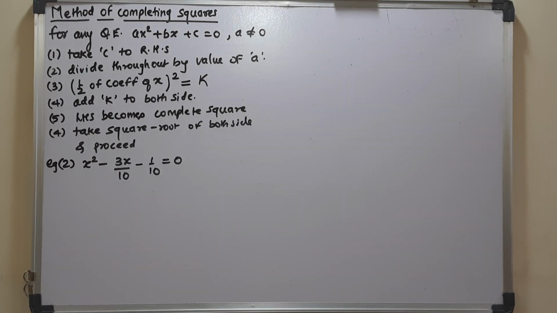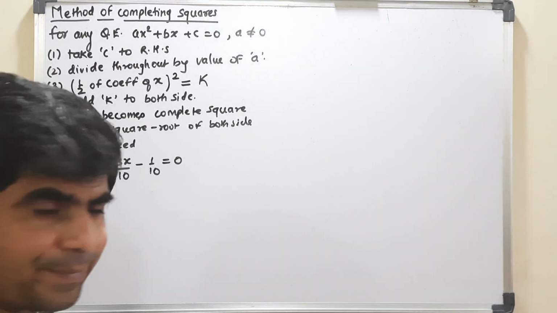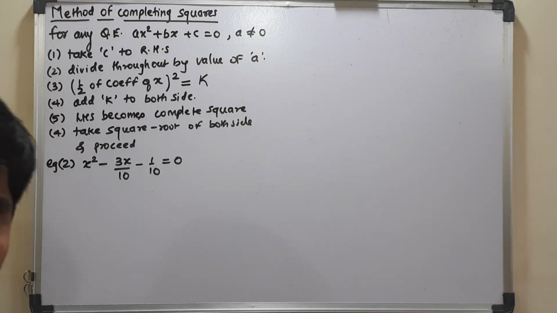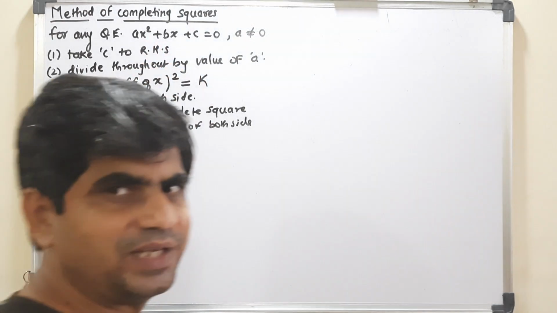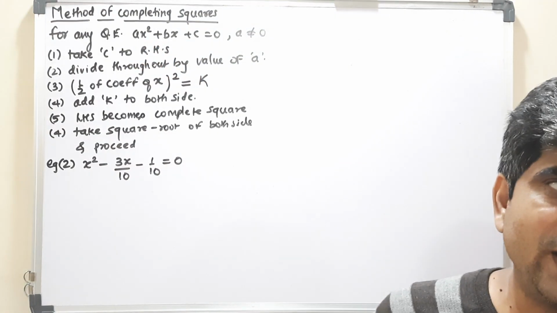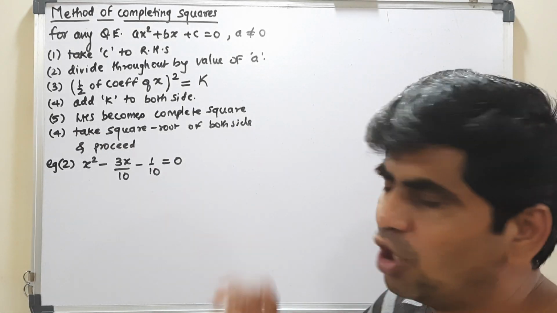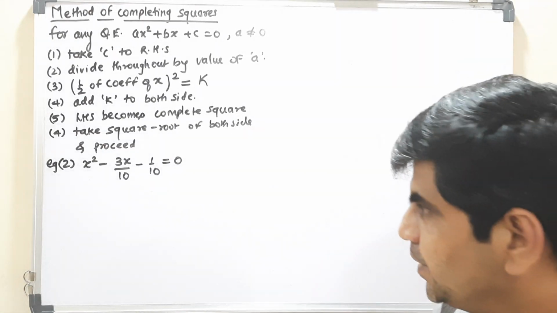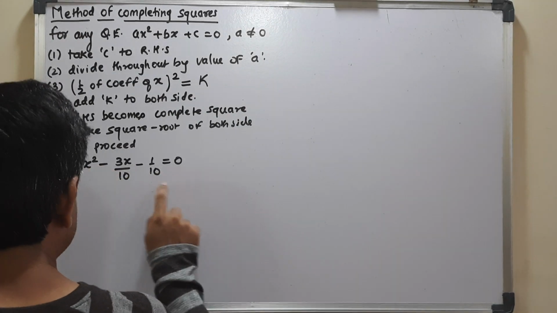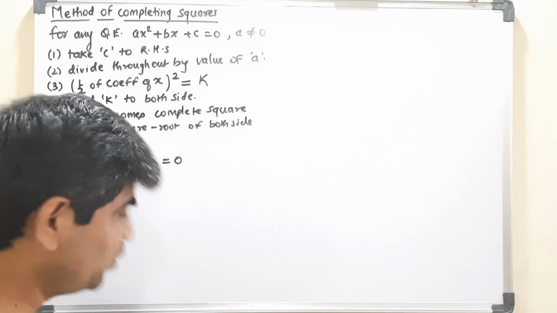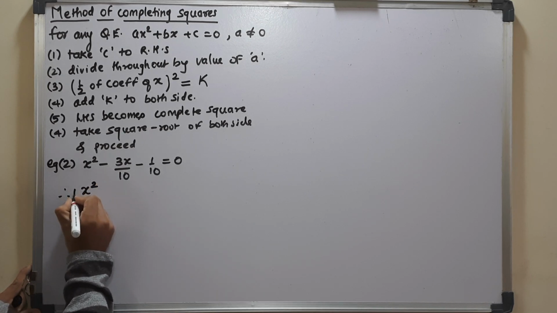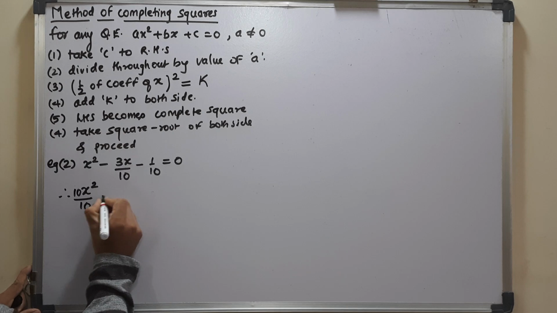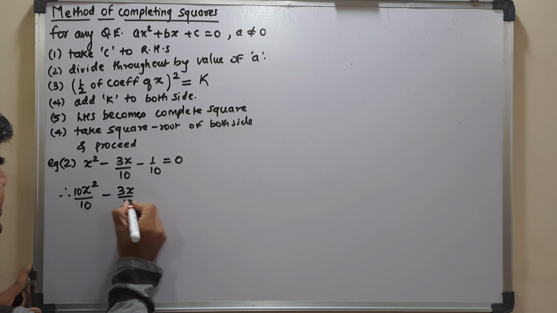Now coming to the next question, it is x square minus 3x by 10 minus 1 by 10. Okay. Now by formula, it must be in the form of ax square plus bx plus c. But you remember one habit of mine which I am already following every time. I do not like the denominator, so I remove the denominator first. Okay. So here, very good, here is 10, here is 10, here 10 is missing. So I will give it to it also. That is, I will multiply this by 10 and divide also by 10.